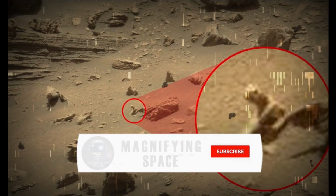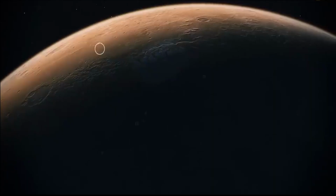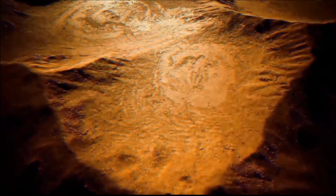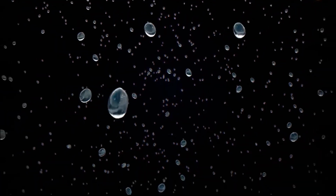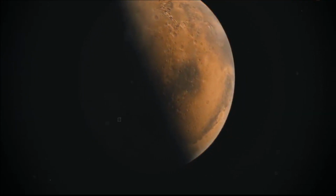Back in 2013, Scott Warren claimed he found a fossilized iguana on the red planet. Of course, NASA has continued to maintain its stance that these discoveries are illusions. But not everyone is buying that opinion. In fact, some people have claimed that NASA may have dropped off some animals on the Martian surface during one of its numerous missions to the planet. And if that's not the case, maybe perhaps there is a designated animal kingdom on Mars that we are yet